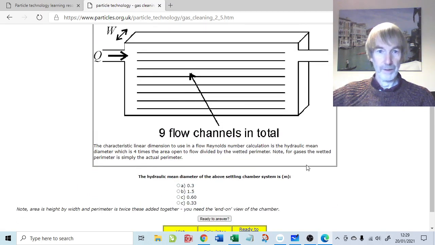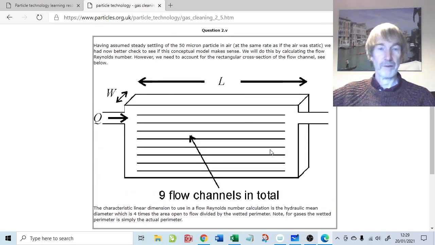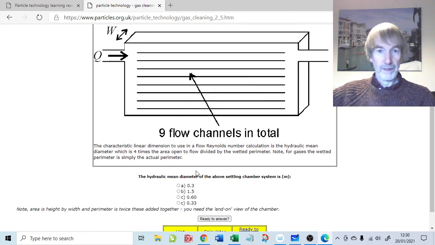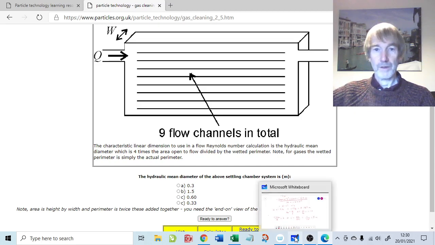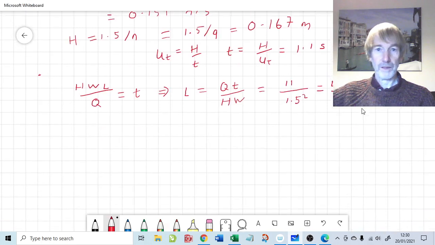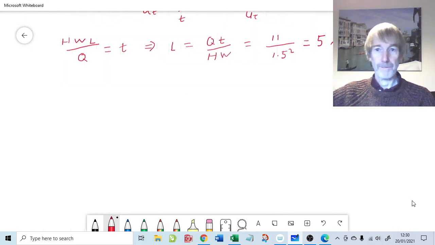Because really, we need to calculate the Reynolds number to check that we don't have a high degree of turbulence, which would ruin our simple critical trajectory model. So we better do the check. Now, obviously we don't have a circular cross-section here, we have a rectangular cross-section. You have to think of yourself looking end on rather than sideways on, and looking end on the settling basin, you would have something in the order of a flow channel looking like this,